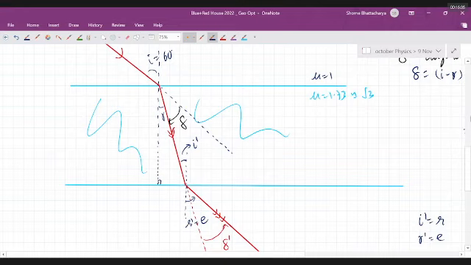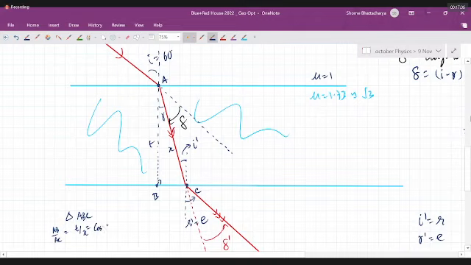Let's just call this point here A, this point here B, and this point here C. And therefore, let's call the hypotenuse as x and this base as, let's say, t. So in triangle ABC, you can see that t by x, or basically AB divided by AC, is equal to